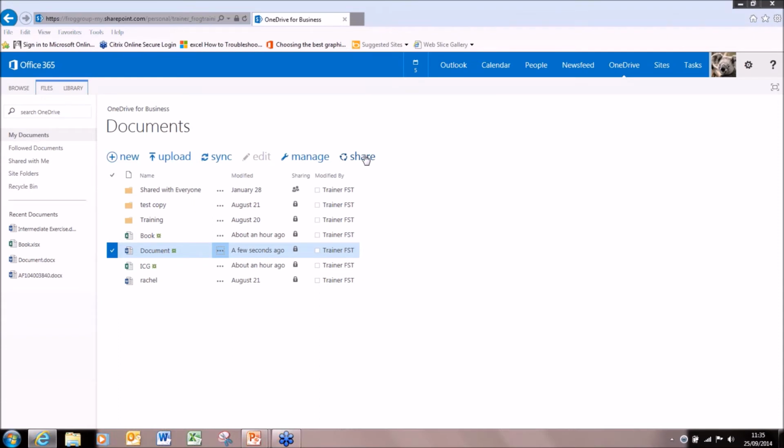But a lot of people have had queries with it. It's not the full-blown version of Outlook, Word or Excel. So if you can't do something, it's because it's not there. You need the full version of Word or Outlook. So there you go, a little bit of an introduction to Office 365. So if I just log out of there,